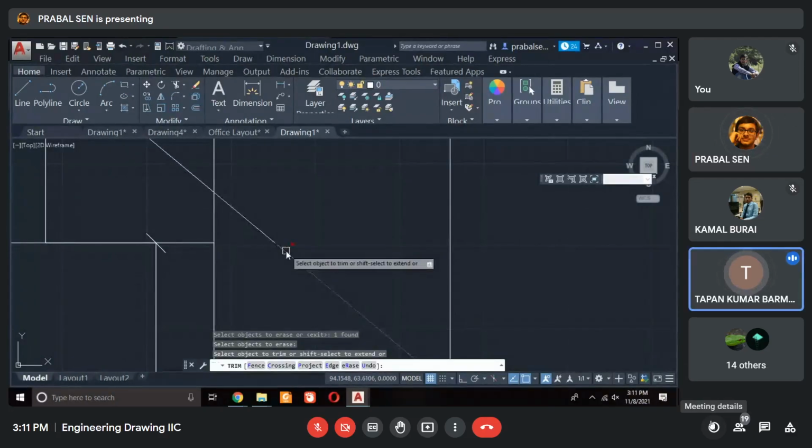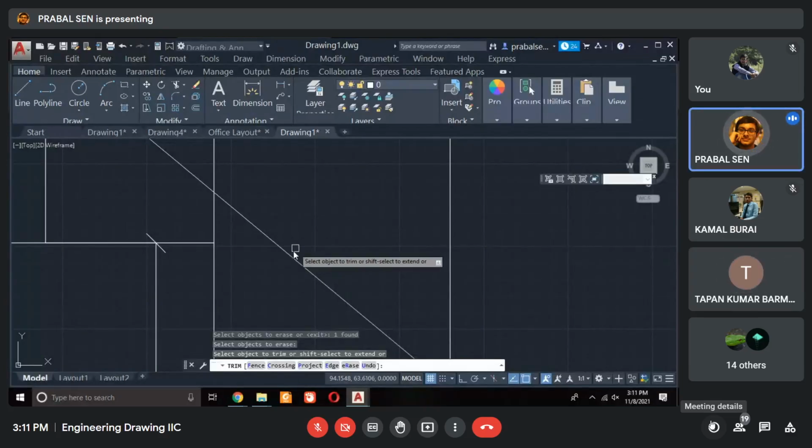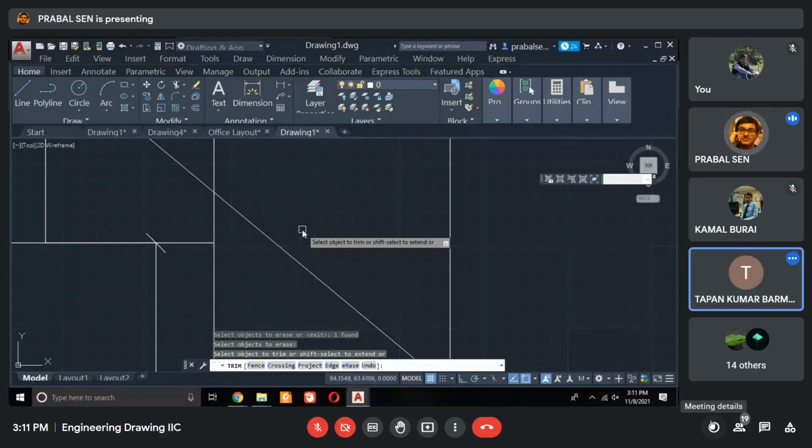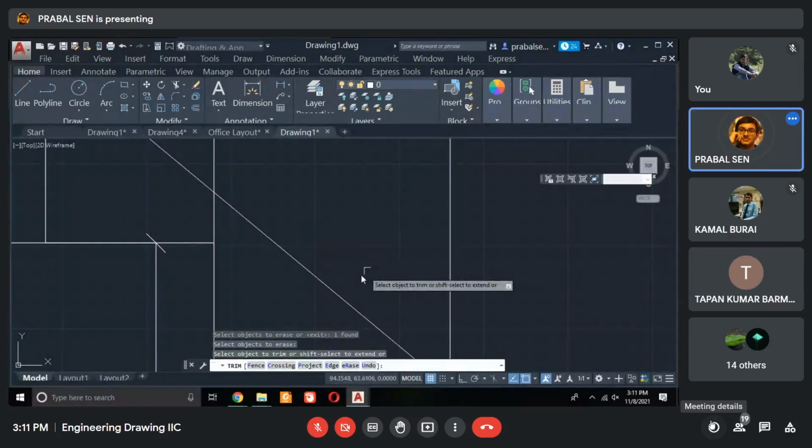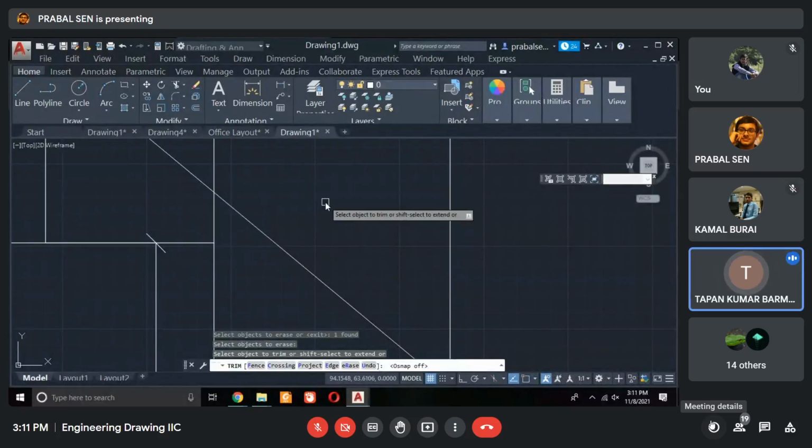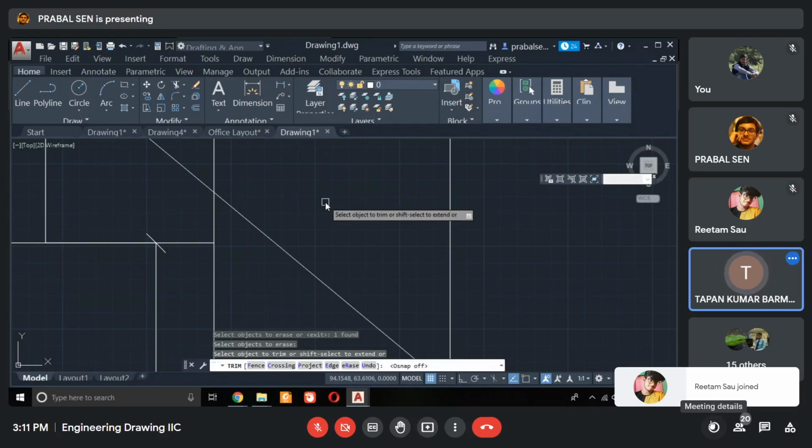Probably in your trimming settings, there is some problem. Maybe for the OSNAP mode, I think. No, not for the OSNAP mode. Basically, it is trimming only say 5 millimeter or 10 millimeter, one distance. Basically, it's maintaining. Probably in the setting, you have to change something.